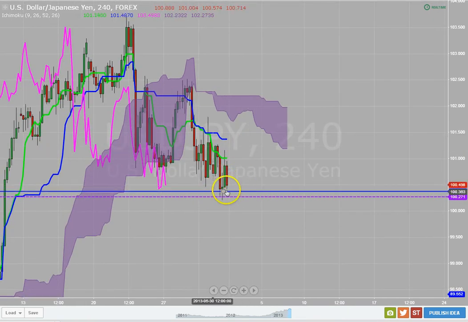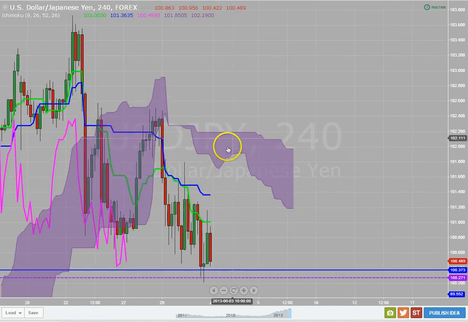We have this level here. This is a daily Kijinsen level right here, the dark blue line, and then the purple line here is going to be the monthly, that's the top of that monthly Kumo from the monthly time frame. So we know these levels here are very strong support and resistance levels. Now this right here is going to be a support level because price is above it. Now what could happen is price bounces and takes us up to this level. We're not going to trade anything on this, so we're going to wait. Price bounces at this level. There's a few things that we could do.